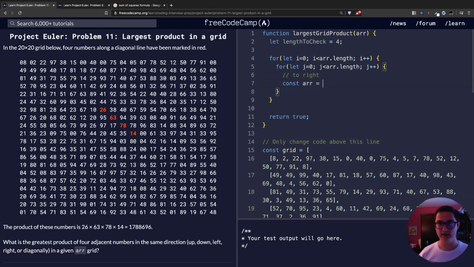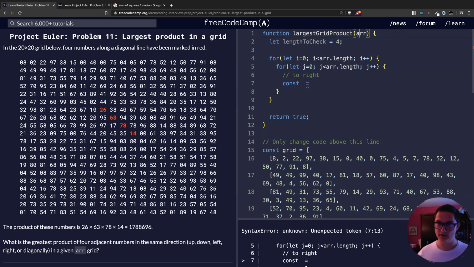So we get an array, which will be, well, we have array already here. So yeah, this is the grid. Okay. Let's write this somewhere else. Grid. No, we have grid here. Matrix. Yeah, that sounds better. So have the matrix. I'm not sure if that's the right thing, but all right. And here we need a subarray,